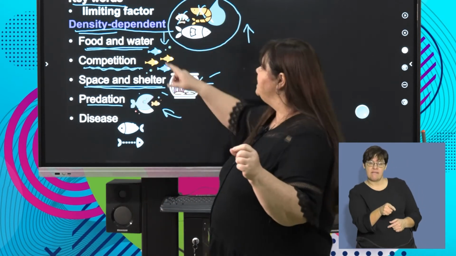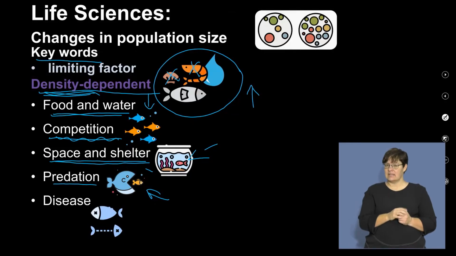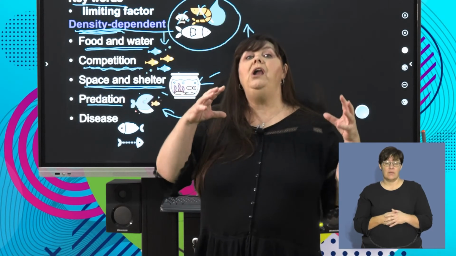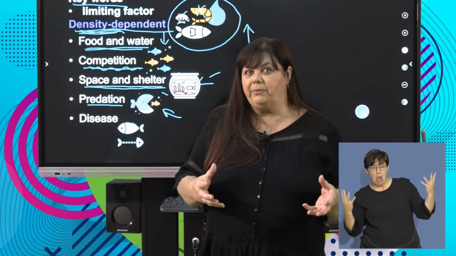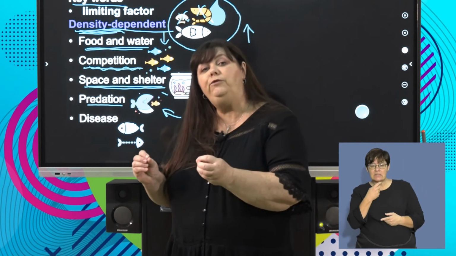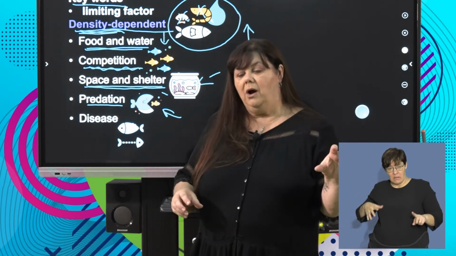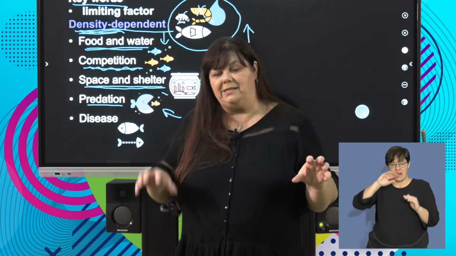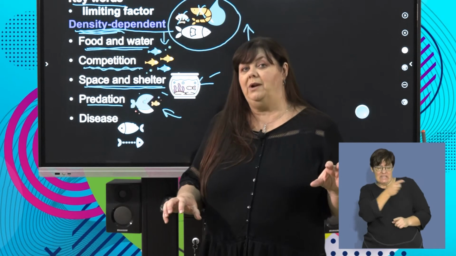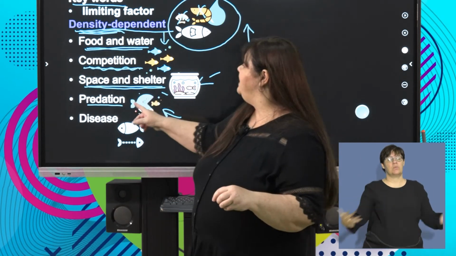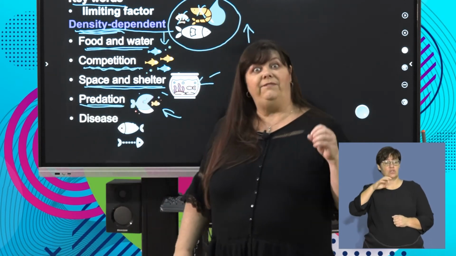Now think about how this is density dependent. If there are lots of hunters or predators and only a few prey, those predators are going to decrease that prey species population quite significantly. So predation is a very important